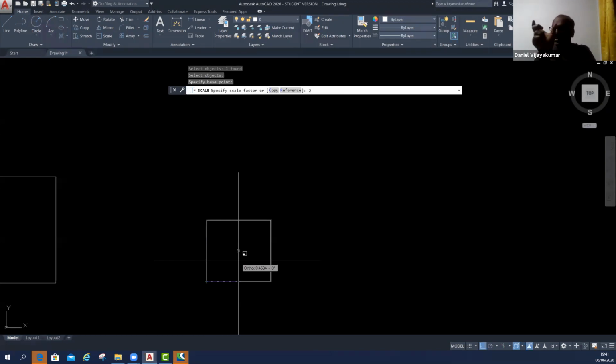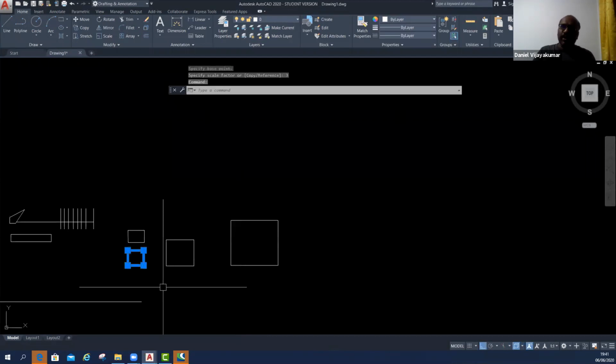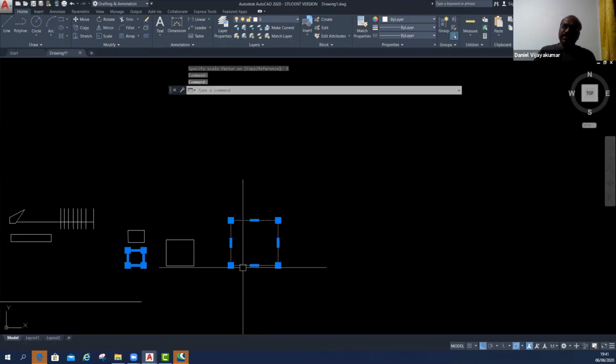That means whatever the existing width and height, it becomes 2 times, because you are giving 2 scale. If you give 3 scale, it becomes 3 times, multiplied by 3. If you give 4 scale, then it will multiply by 4 times. Okay, now I'm going to give 3 times. That means I'm going to scale my object in 3 ratio. See, this is the 1 ratio scale object. This is the 3 ratio scaled object.